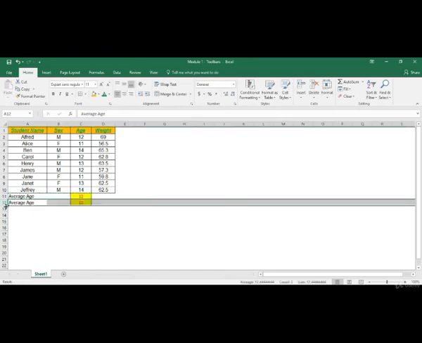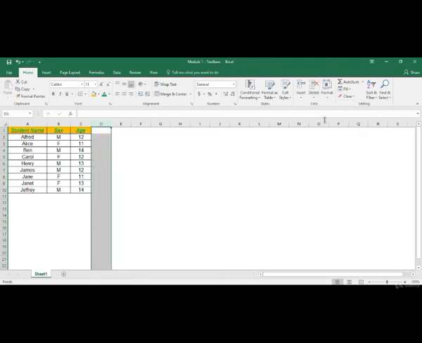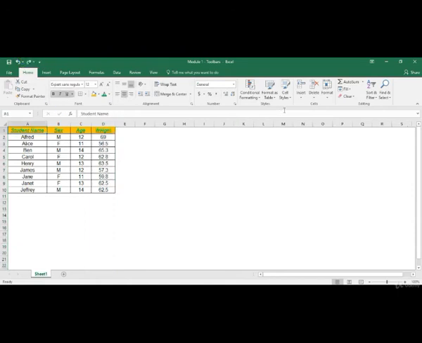Now let's say I want to delete this particular row as I don't need it anymore. I select the entire row, I go to delete and I click on delete sheet rows. It deletes the row. Now let's suppose I want to delete column D. I will select column D and I will then just select delete sheet columns. It will delete column D. But because I would be using it later on, let's just undo this operation, which has a shortcut Control plus Z. Similarly, we can use the insert commands also over here.